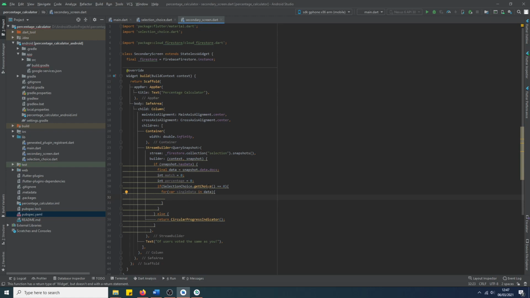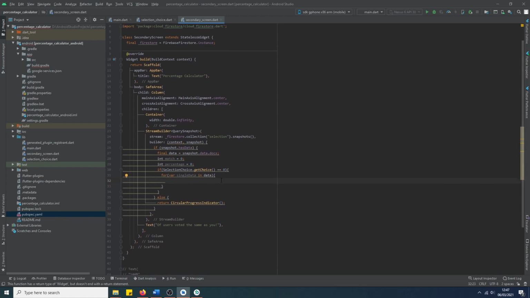So we'll just do ternary now, because otherwise it'll be too messy. So we'll say single data method to access the document's content, and then choice, because that was the name of the field. So if it's equal to 0,